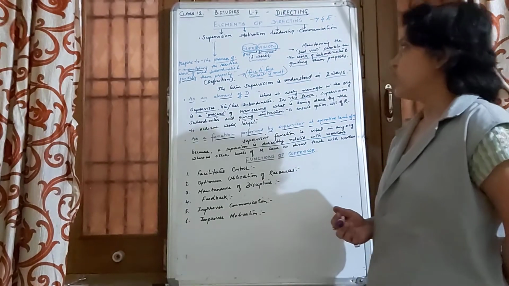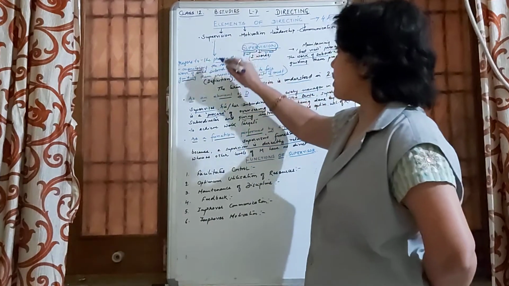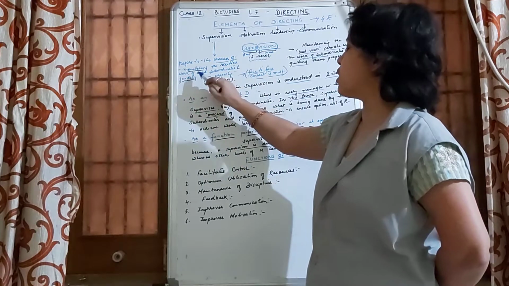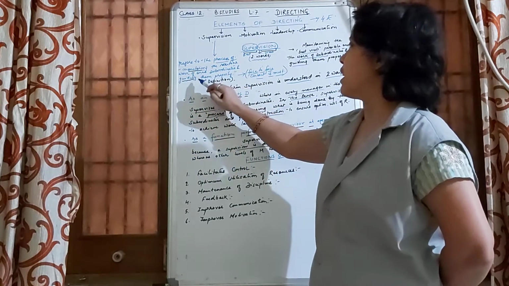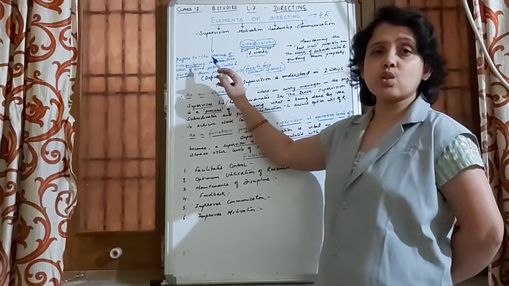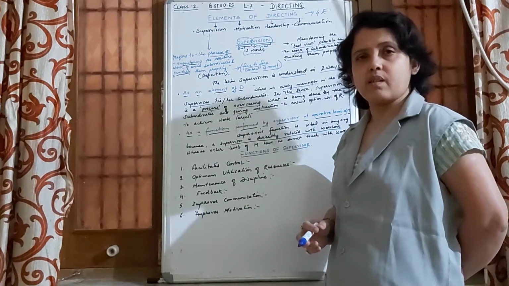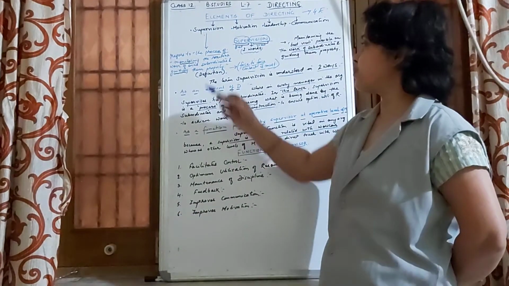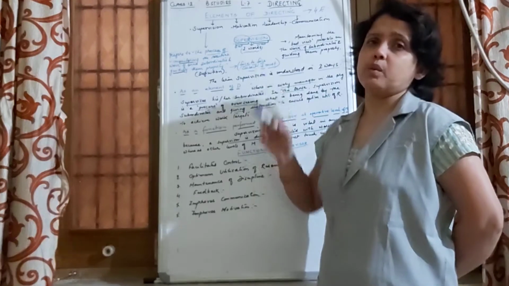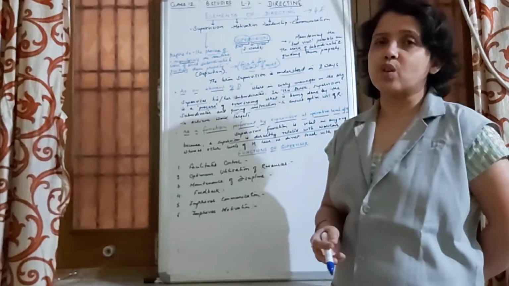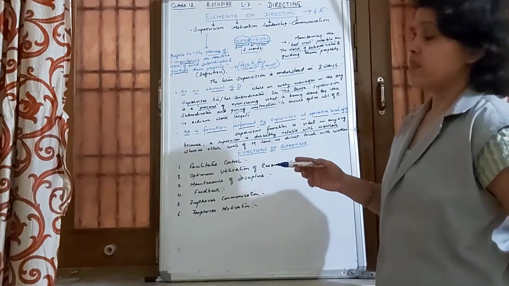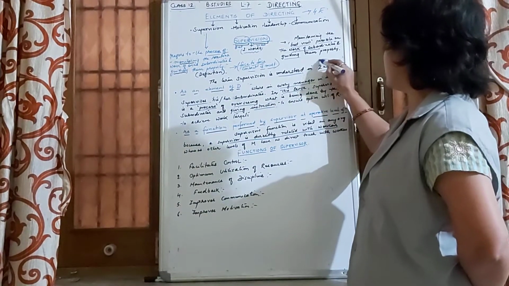So on the whole, we can define supervision as a process of monitoring the routine work of one's subordinates and guiding them properly. When we say supervision, it is a process of monitoring. Monitoring means overseeing the work of the subordinates by the superior and guiding them properly towards achievement of organizational goals. The term supervision is understood basically in two ways.